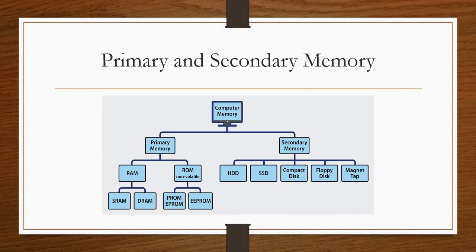Like that, the computer also has a memory, a storage place, which is categorized as primary memory and secondary memory. First of all, we should know what is primary memory. The primary memory is nothing but what is already inbuilt in the computer itself. And the secondary memory is whenever we are using a pen drive, hard disk, or floppy disk, these are all secondary memory.